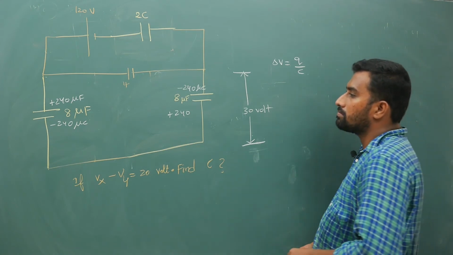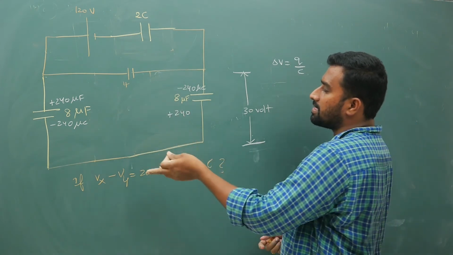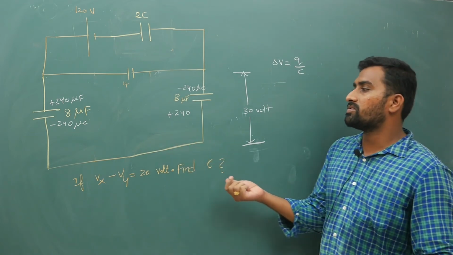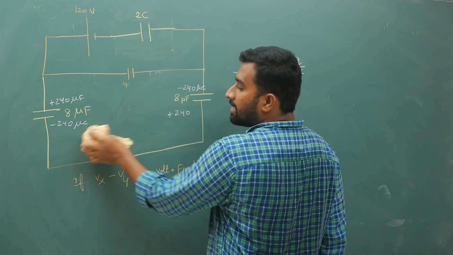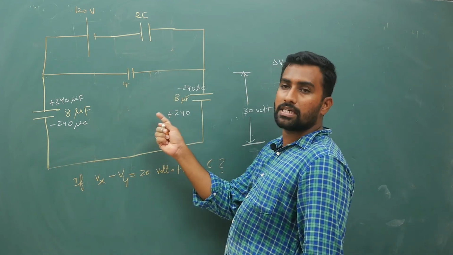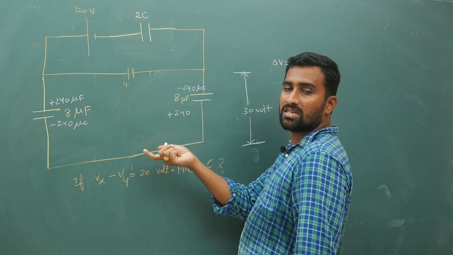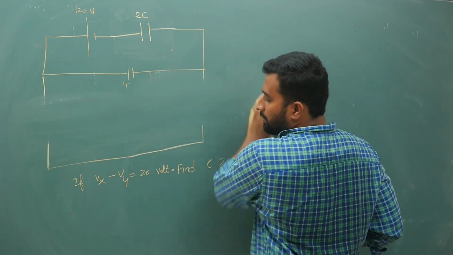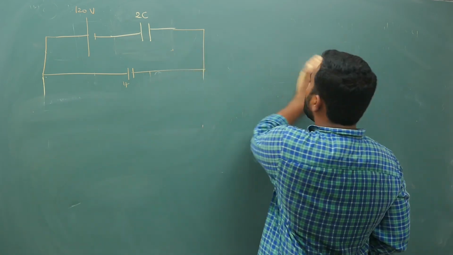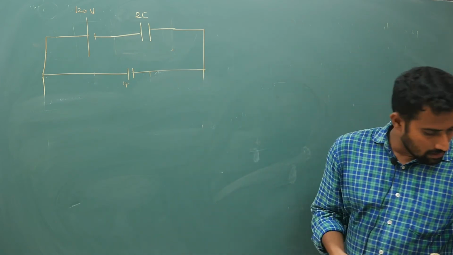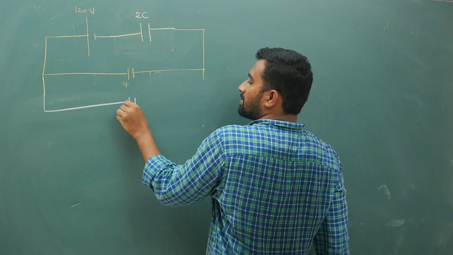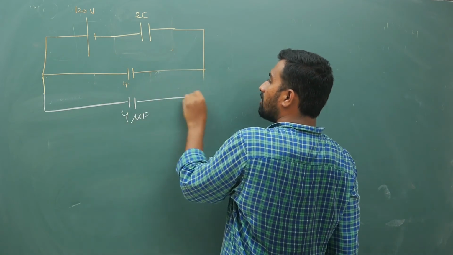So now you have these two in series, so I can replace with equivalent with the same amount of charge. So 8 and 8 in series, it is 8 into 8 by 8 plus 8, so 64 by 16, that will give you 4. So I can replace with a 4 microfarad capacitor having charge of 240.